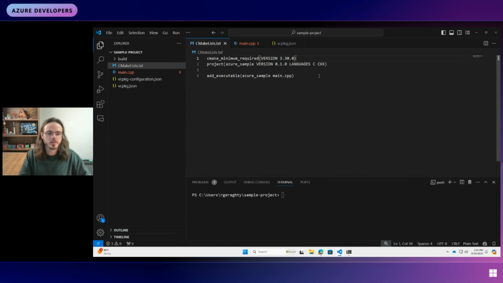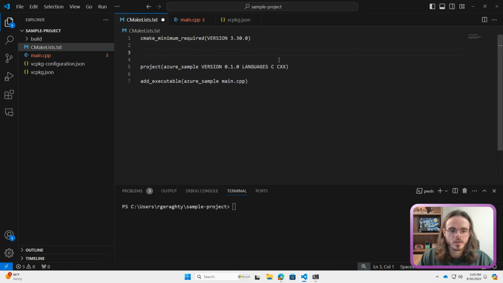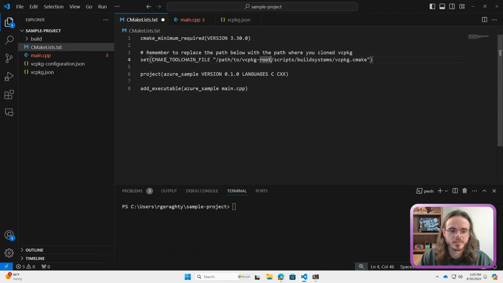So now let's integrate CMake with vcpkg. Back to our CMakeLists.txt file, we'll want to add a line directly under where we're stating the minimum required version of CMake, where we're setting the CMAKE_TOOLCHAIN_FILE property to the location of the vcpkg CMake module. You'll want to replace this part of the path with the path where you installed vcpkg. So on my machine, that was